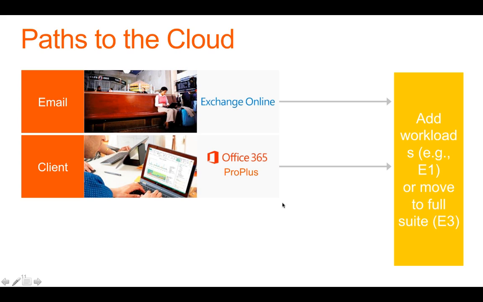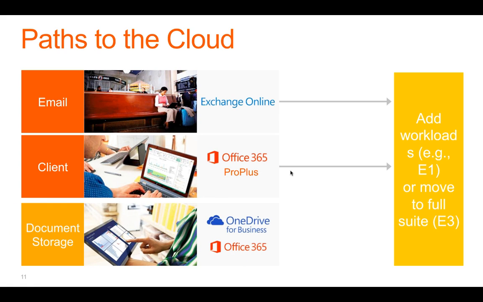The updates and upgrades and patches that are required are taken care of. So that is moving into the full suite of what is called an E3 plan, where you get your overall Office 365 as a second step. And then for the small medium businesses, document storage is another need, and not only document storage, but also extending these documents to their partners, whether they're trading partners, suppliers, customers, and so on. There is an efficient way with OneDrive for Business within Office 365.